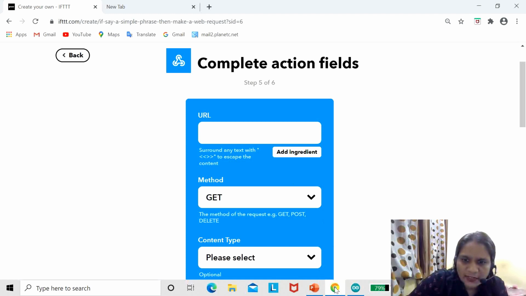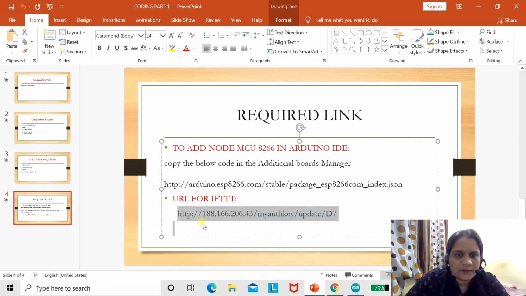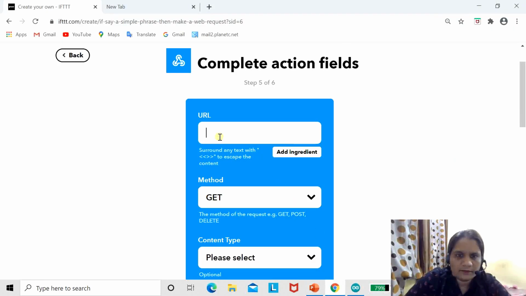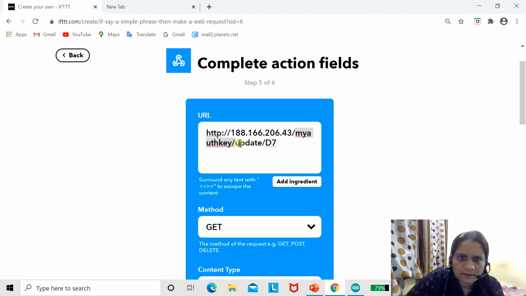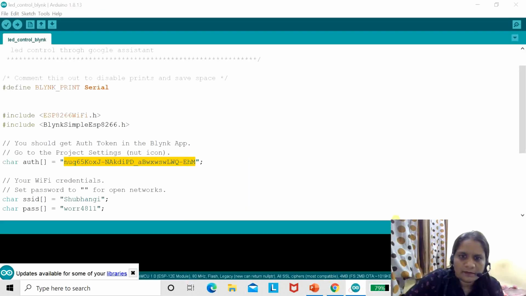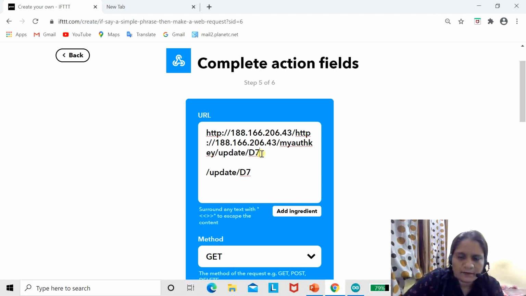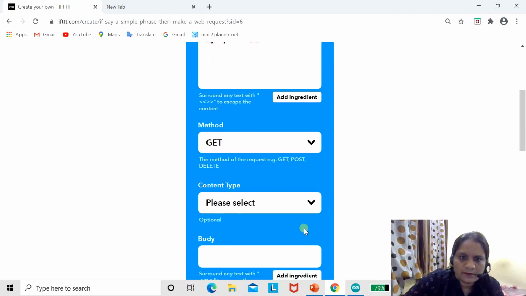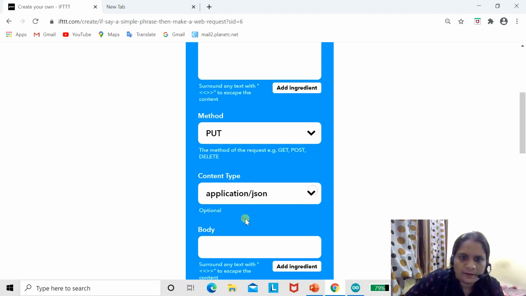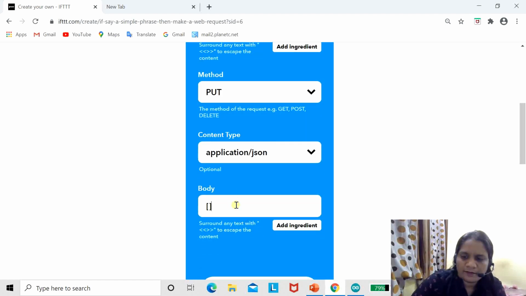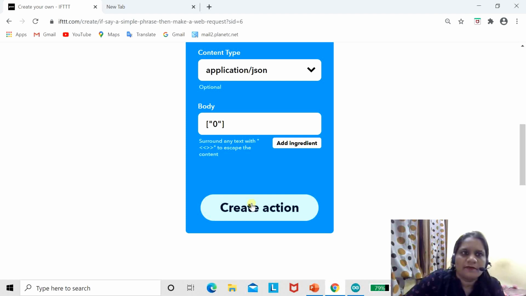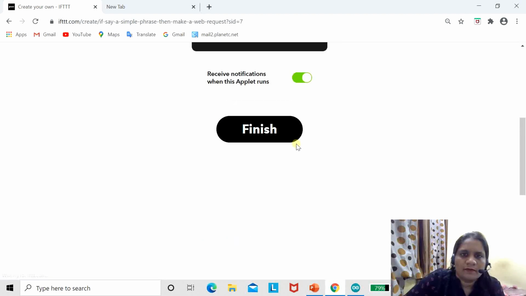Create, then plus webhook, then we have to put the URL here. Control C, paste, put application JSON, body, create, finish.